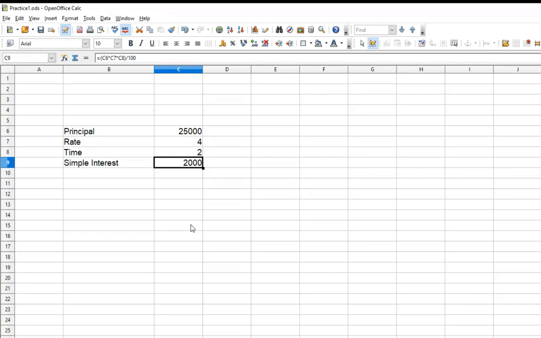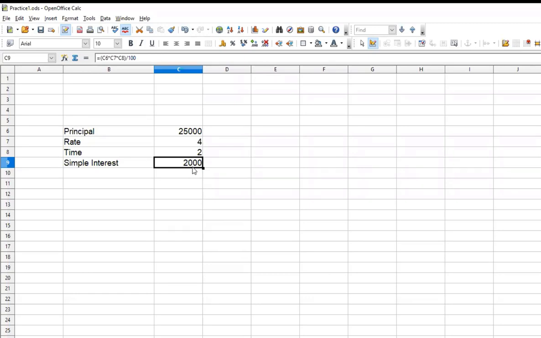But now my idea is that I want to earn simple interest of, say, about 4,000 rupees, double this amount, or say about 2,500 rupees. Then what should be my principal, or what should be the change in the rate, or for how long should I keep it? What should be the change in the time? So you want to make changes in the principal, in the rate, or in the time, so that you can get your target. Your target is 2,500 rupees.